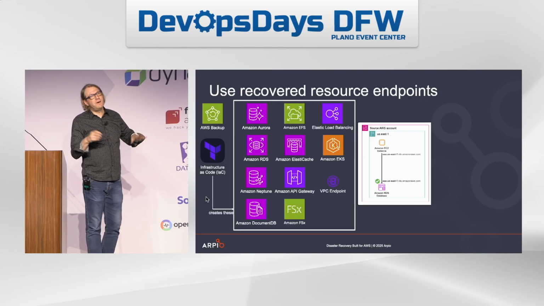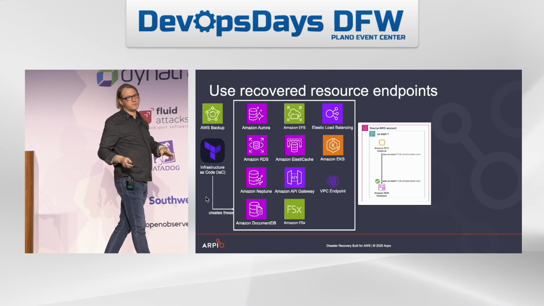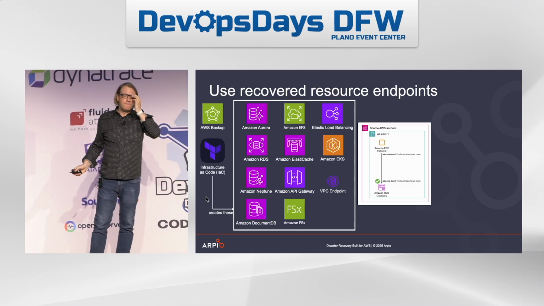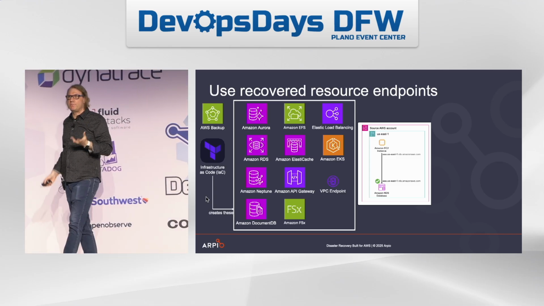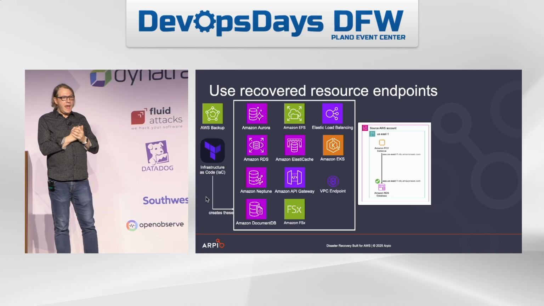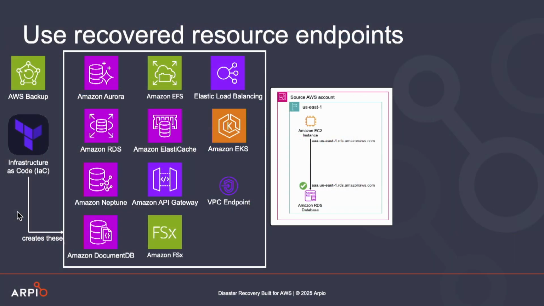Okay, now that's enough about copying things cross-account, cross-region. I had like 3 slides on that. Let's talk about another issue you're going to face when building this disaster recovery platform. Endpoints are going to change. On the left, there's AWS Backup and infrastructure as code. That means you're going to be standing up stateless things like load balancers or API gateways or VPC endpoints. Or AWS Backup might be recovering things from backups like RDS instances or ElastiCache or things you've backed up.